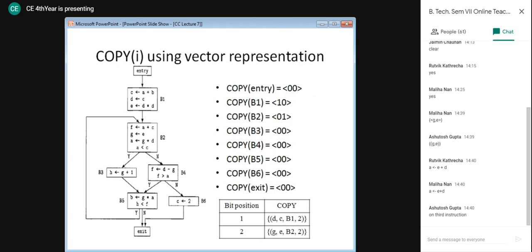And for B1 and B2, the vector representation will have the values 1, 0 and 0, 1. Following this, everybody? Okay. Likewise, we will have a look at what the kill values are for all the blocks. I hope all of you are getting this.